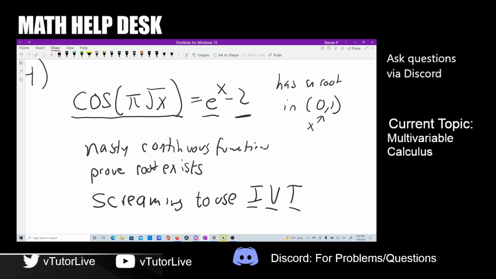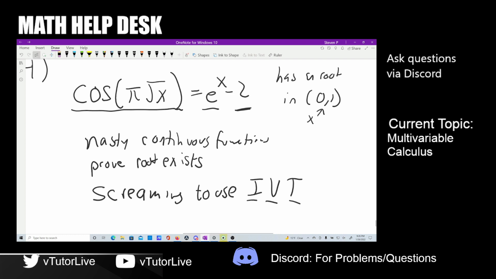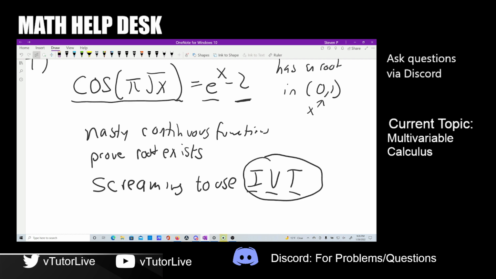So what we want to do is use the intermediate value theorem, which only applies to continuous functions, right? To try to prove that a solution exists. The reason I say it's screaming IVT is because this solution is so complicated that we're not going to be able to find the exact solution by hand. But questions where you're asked to prove the existence of a root should be screaming IVT. So the strategy for these problems is just to define a function, let's call it f(x),